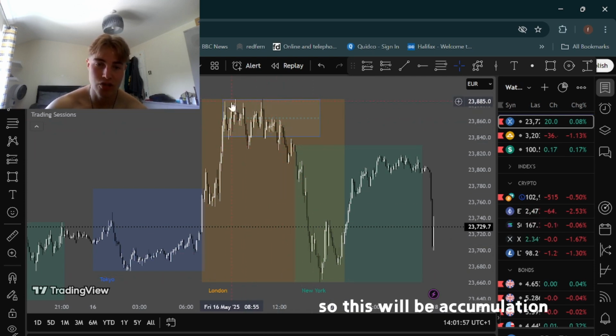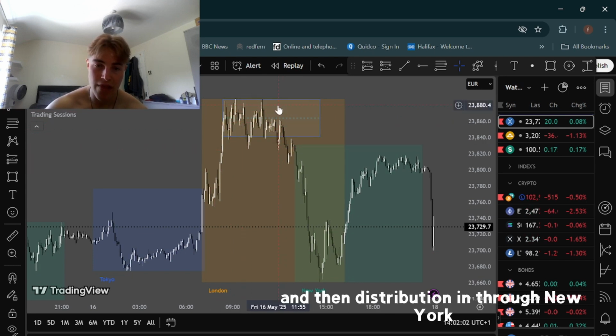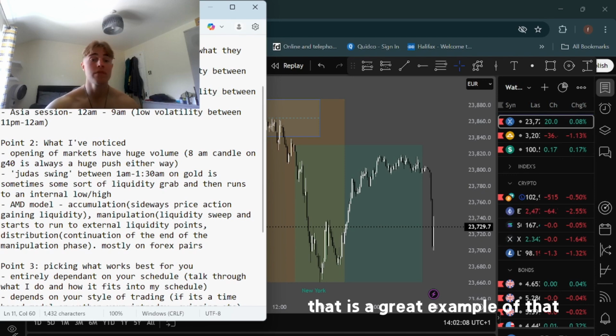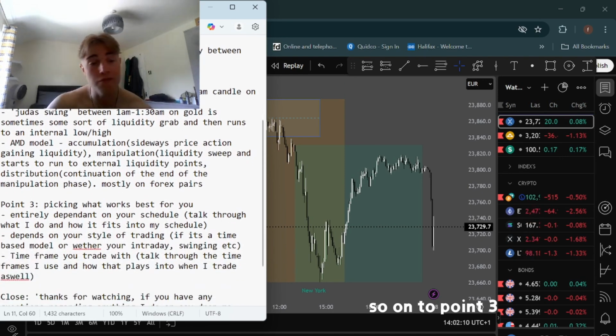So this would be accumulation, manipulation at 11:50, and then distribution in through New York. That is a great example of that. So on to point 3,